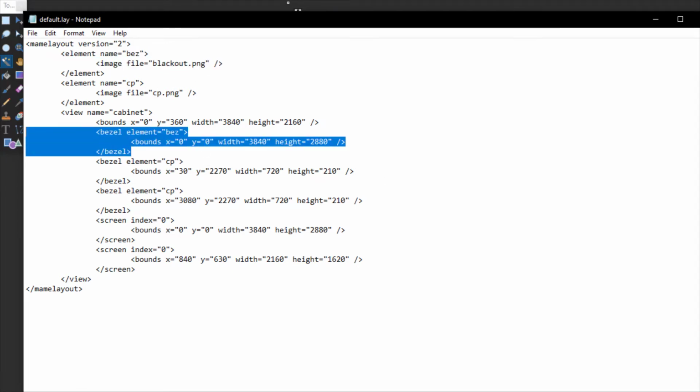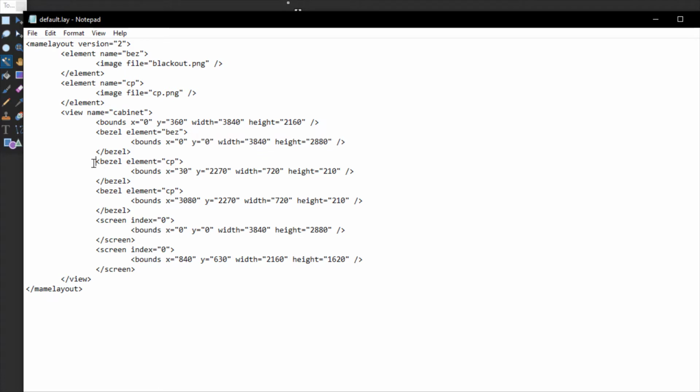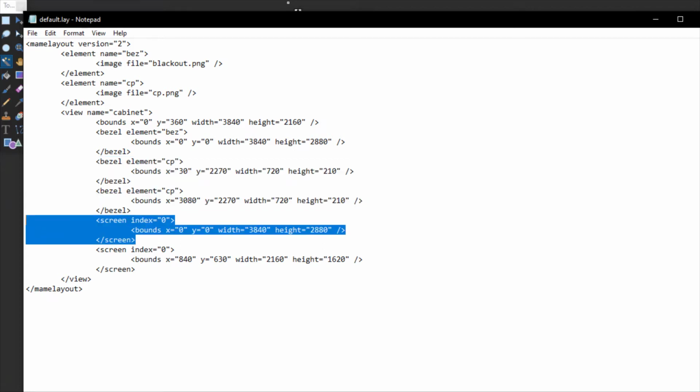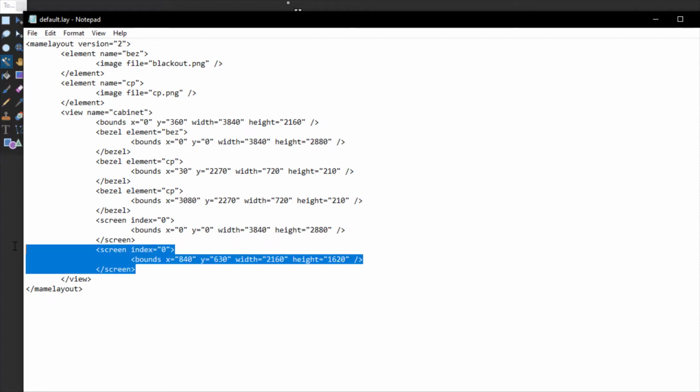And then in my view, I place my bezel file, my blackout file, and that's going to fill the entire view screen. Below that, I've got a couple of control panels. We can ignore those for now, but I like to have them in both corners. I've got my large screen taking up the full resolution, and I've got my little screen, my actual game screen,